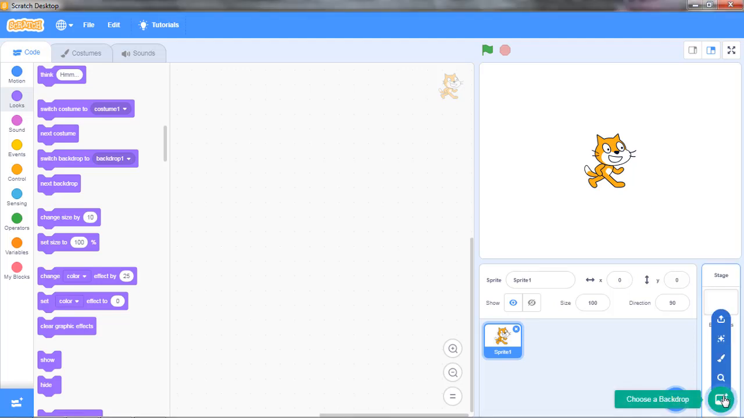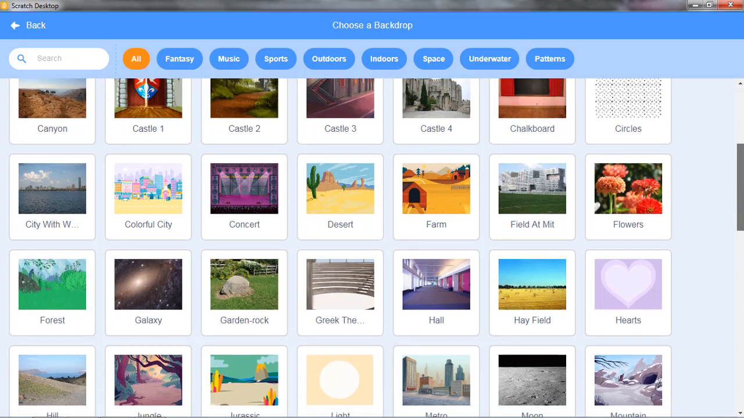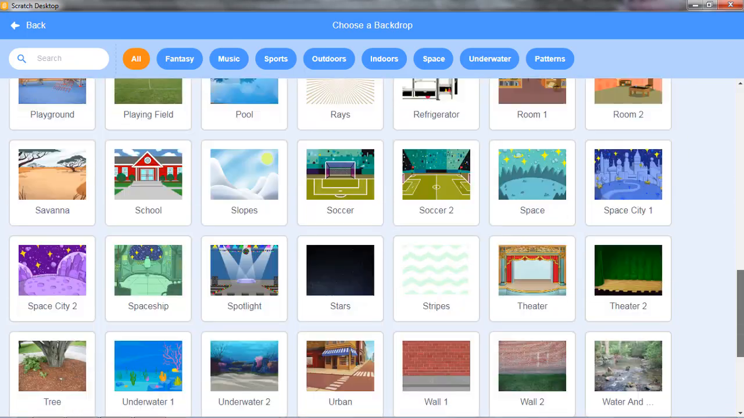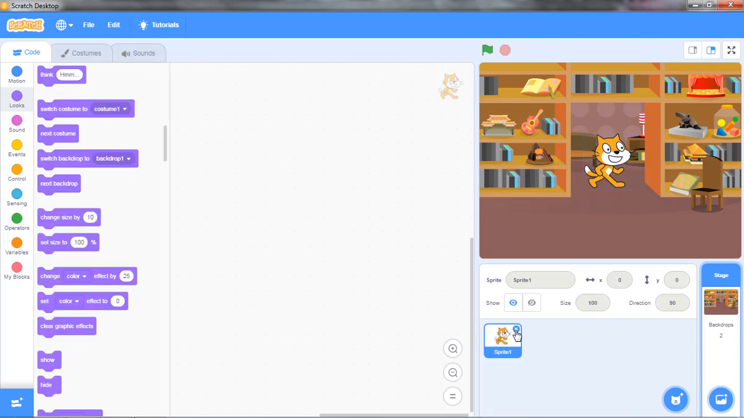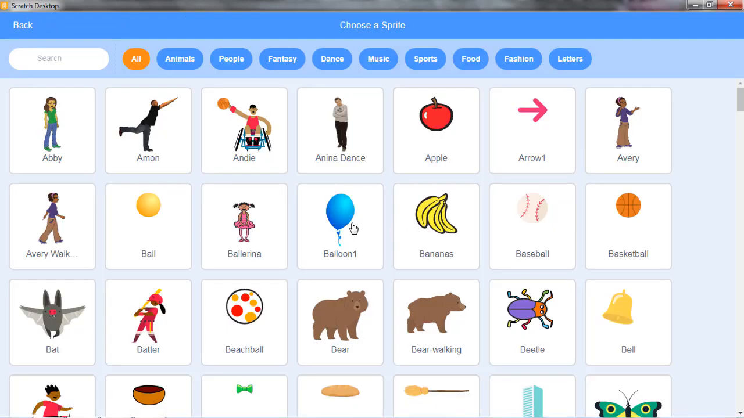Let's see how we'll do this. We'll pick up a backdrop first and I'll choose room 1. The cat will be deleted from here, and I'll pick another character, for example this balloon,